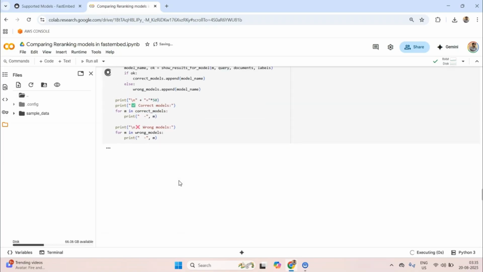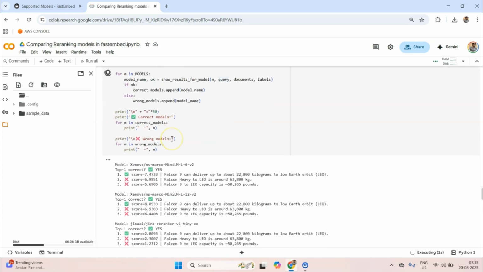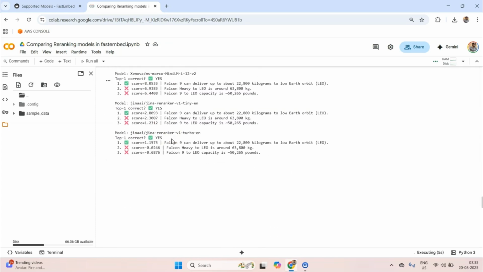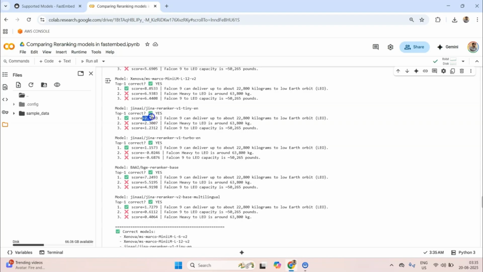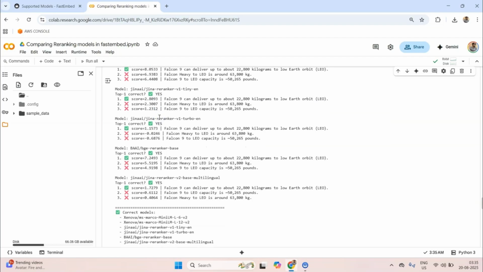Now let's run the max payload one, and this time also I think all of them are correct, but here again, see, Jina is sometimes getting confused. Although you can see this one is giving the correct answer, still score wise it's quite the same, and it gives us the indication that it might fail in some situations.